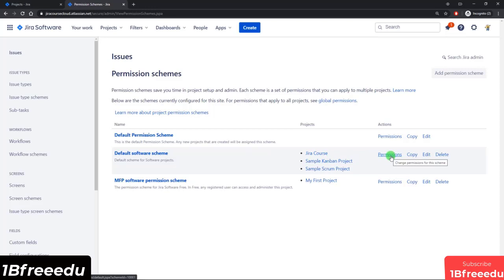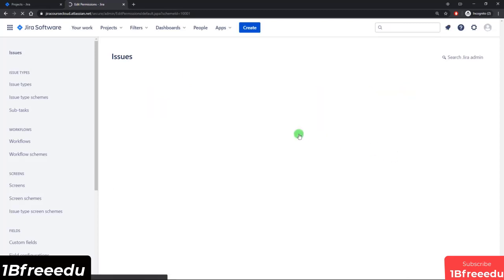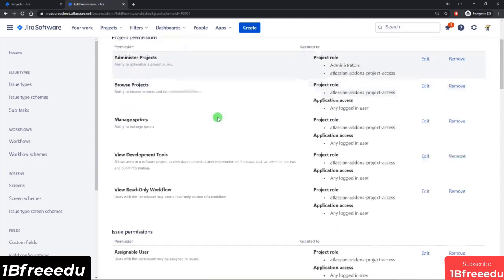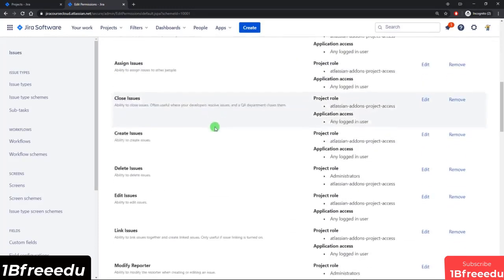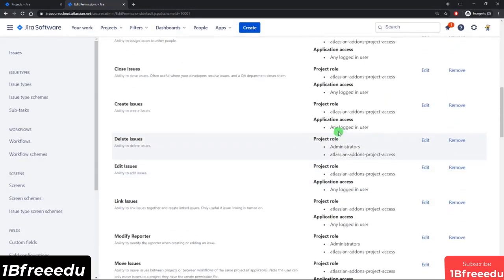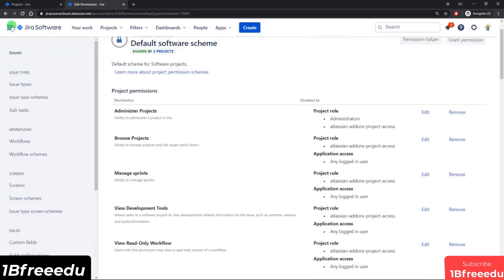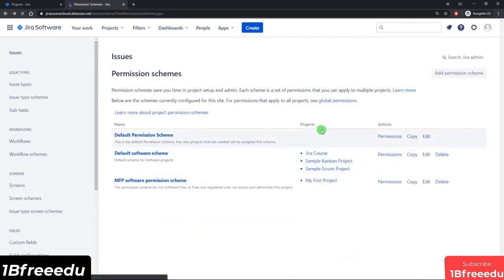Any new project you create, whether it's Scrum-based or Kanban-based, ends up getting the default software scheme. You can go in here and look at the permissions, and you will see that same screen we had seen with all those permissions defined and who has them. And of course, you can go back and create new permission schemes, which will once again contain a list of all those actions, but I can change who gets what permission